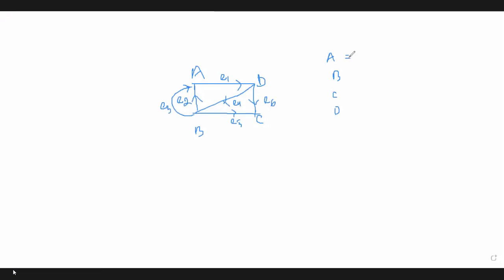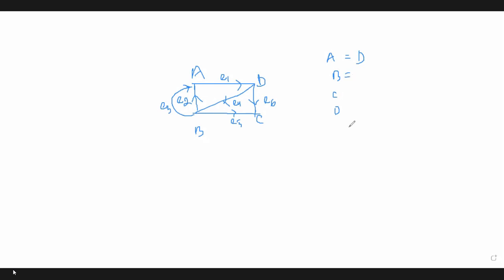But now, can we find out the adjacent node? How can we find out the adjacent node of A? So now we take only those edges where A is the starting node. The edge E1 here has source node A and destination node D. So you can say that D is an adjacent node of A. But we can't say that B is an adjacent node of A, because there is no edge from A to B. That's why B is not an adjacent node of A. Is there any other adjacent node of A? No. There is only one edge starting from A, so D is the only neighboring node of A.